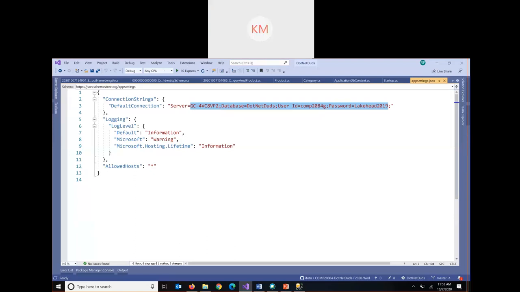Hey, Rich, can you just help me out with, and I'm getting an error when I try to go update